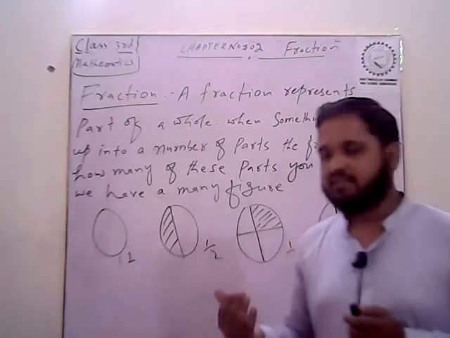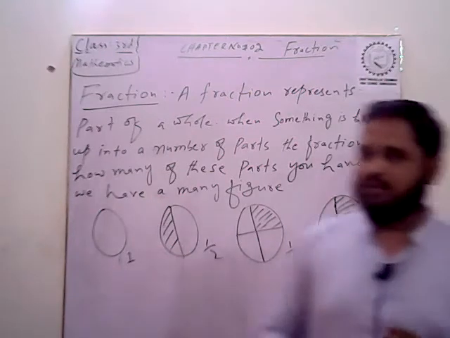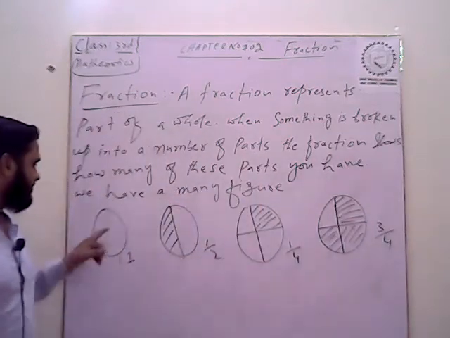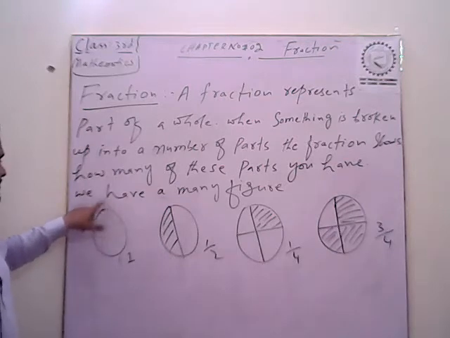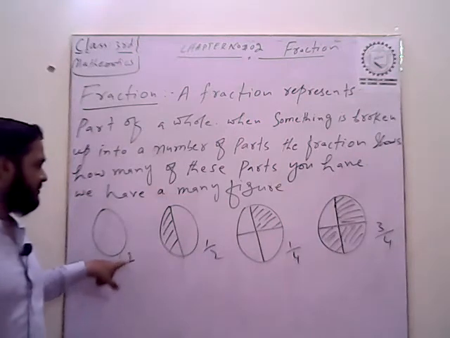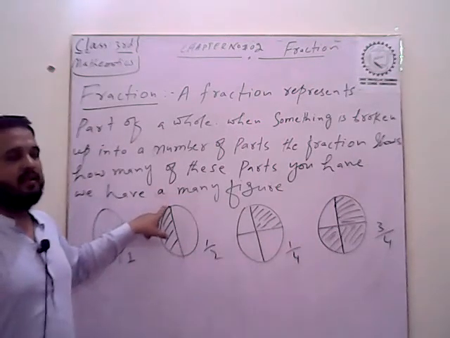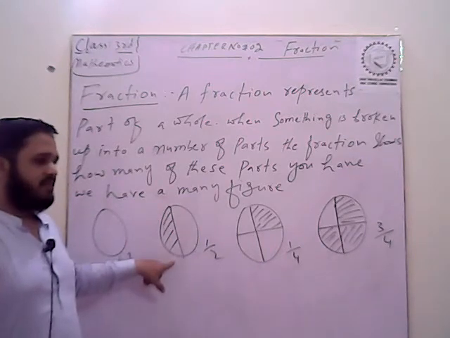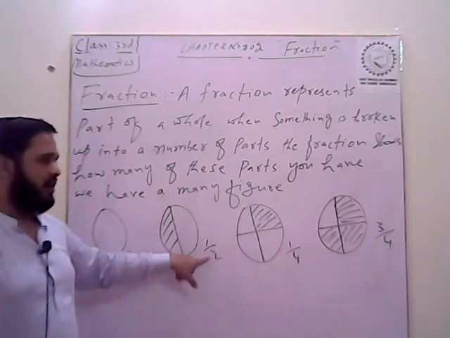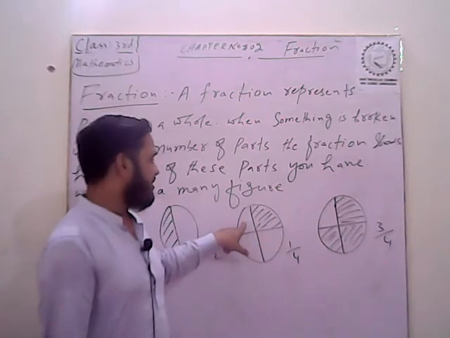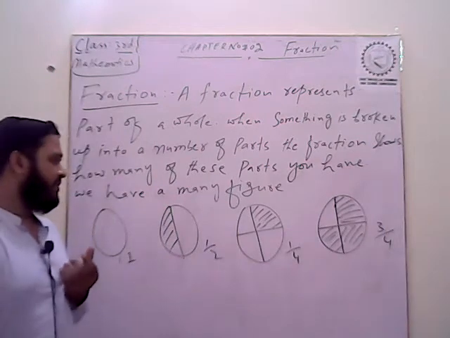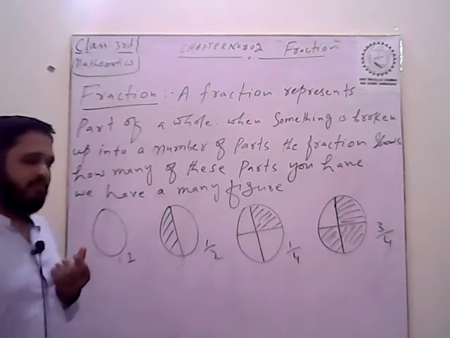Now we have some figures. We have many figures: number 1 square, number 2, number 3, number 4. Now these are figures in fraction form. The circle is mathematically 1, and there is another circle. There are 2 parts, which is shown mathematically in the form of 1 upon 2. 2 means parts, and the third figure has 4 parts. Now in mathematical form we can write 1 upon 4.